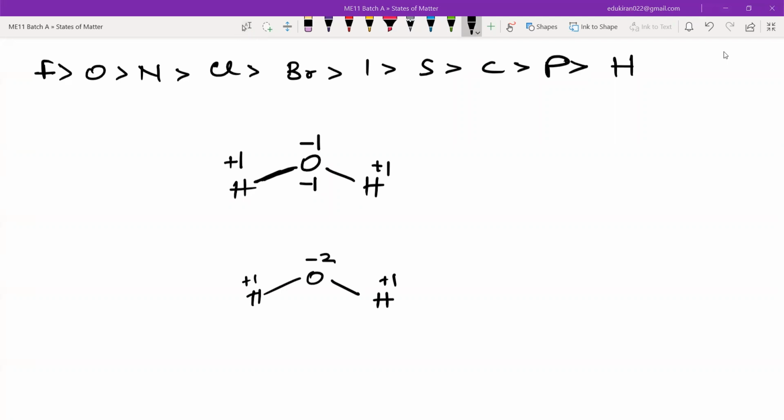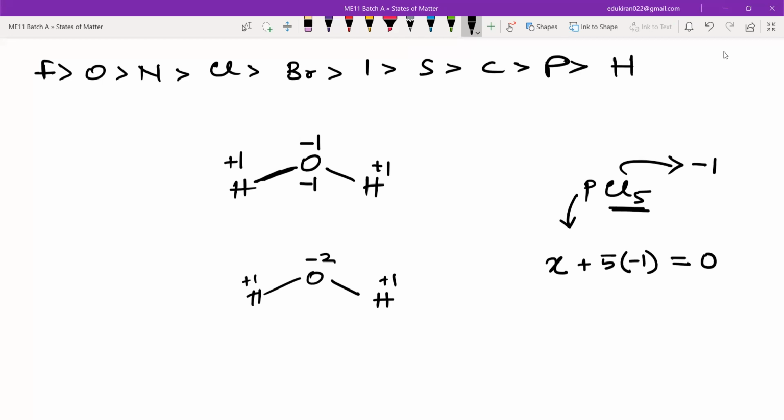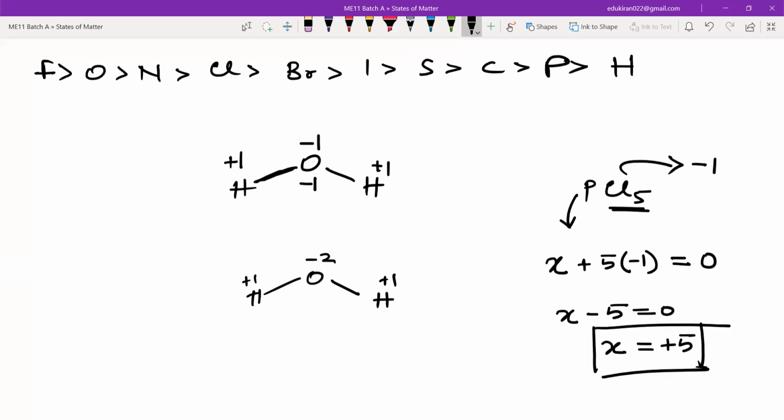Now, for example, if you have PCl5, so chlorine, if it is a surrounding atom, it will always have -1. I want to find out about phosphorus. So I will write phosphorus as X. Then I will write X plus 5 into -1 is equal to what? Equal to the whole charge in this molecule, which is 0 because there is no charge here. Hence, X minus 5 is equal to 0. For phosphorus, the oxidation state will be +5. Okay. Yes, sir. हाँ, तो ऐसे ही कीजिएगा, आ जाएगा. You have to first of all write this thing down. Write this thing down like this.